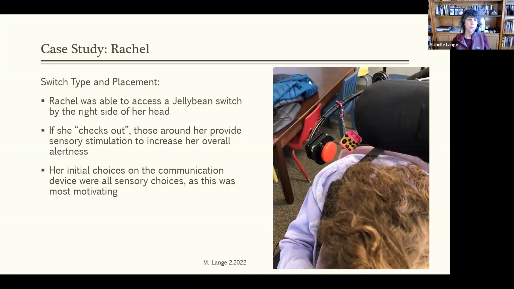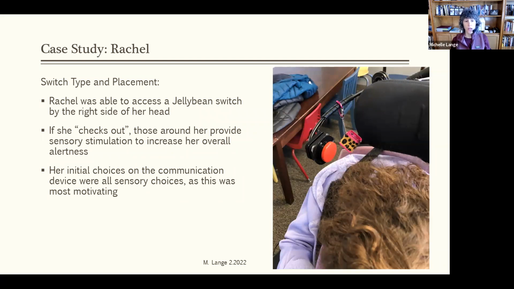But when a client has no vision, it's very hard to entice them at times to keep their head upright. And this was a pretty well-established pattern for her. But she would lift her head and access this switch. If she started checking out, the people around her, whether she was at home or at school, would try to provide the appropriate sensory stimulation. We identified some things that seemed to be arousing for her until she started making choices on her communication device